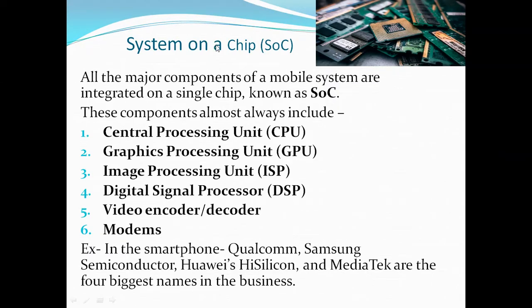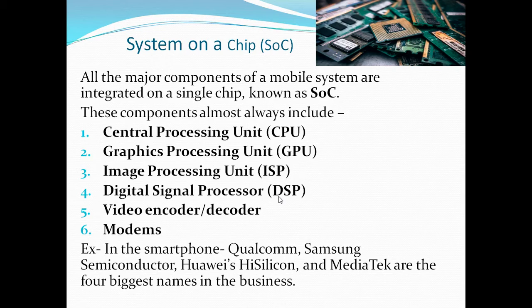It is actually the IC, or integrated circuit, of your mobile. So we can say that it is the IC of the mobile where all the major components of the mobile system are integrated on a single chip. This chip is very small, like a coin, right? Different components like CPU, GPU, ISP, DSP are all connected together. In simple language, we can call them the processor, display system, graphic card, and camera. All these components are connected together to make it a fully functional system.